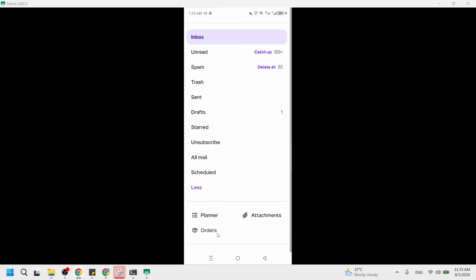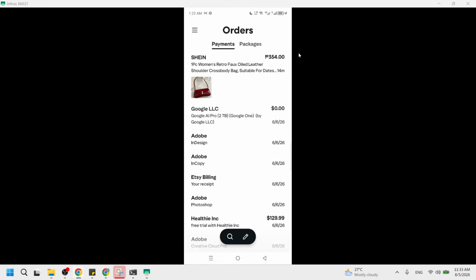Next, find and tap the transaction you want to remove from your history trail. Inside the Orders section, you will see individual purchase emails, often grouped by store or date. Take a second to confirm you have the right purchase by checking the sender name, the order total, and the date. When you are sure, tap that one email to open it. The full message will appear with the receipt details, item descriptions, and sometimes order tracking links.